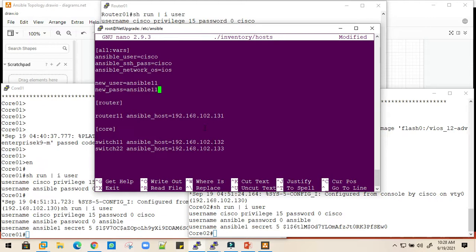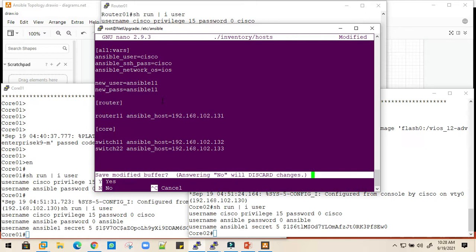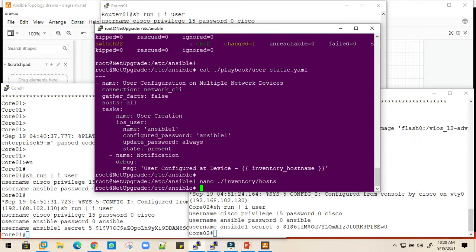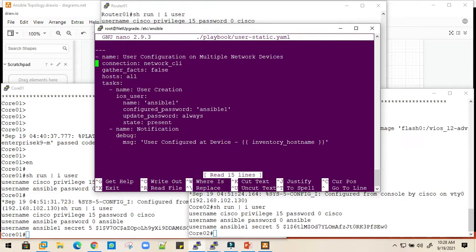So now, instead of passing the static information, I'll call this user information, the username, in the playbook. Let's go back to my playbook and remove this Ansible 1, and instead I'll ask for a variable, which is new_user, which we call in a double curly bracket, and then new_pass, and we are done.